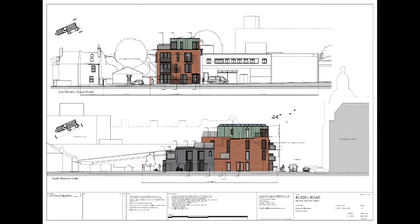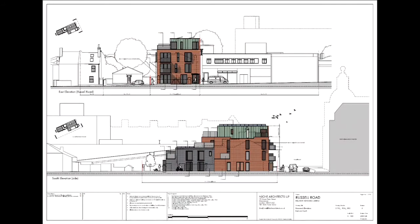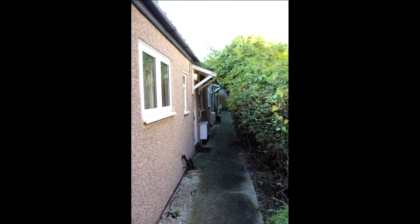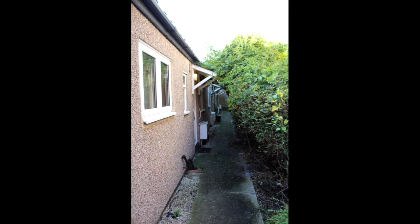Chair, so yes, the neighbouring building to the south is somewhat unusual in the sense that the units are split into five units, and they only have outlooks to the front this side and the back this side. So in other words, they're sort of side-facing. It's a side-facing building. So the applicants have done a daylight and sunlight study. What they have taken into account is the existing situation on site. There is some large hedging down the side of the bungalow entrances at the moment, which does have some impact on the windows. The windows at the front are the bedroom, and at the back they are the living room kitchen space. So the applicant's taken the baseline scenario, and the proposal wouldn't be materially worse than that situation, but